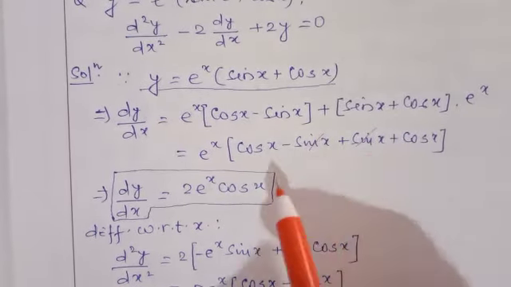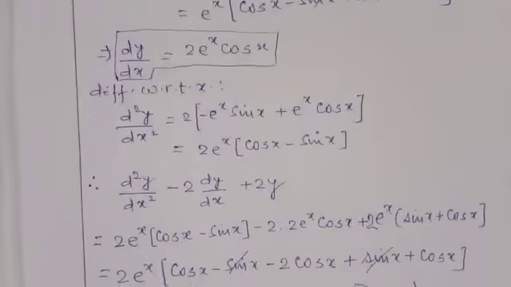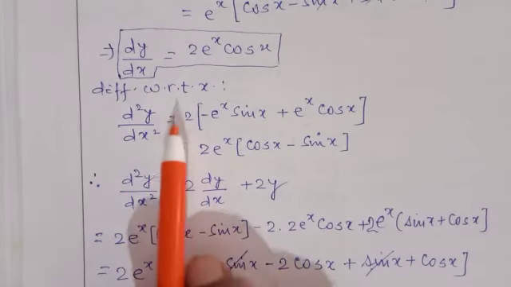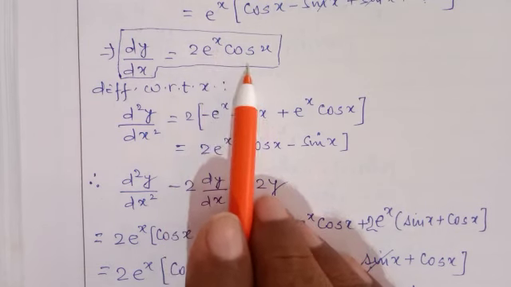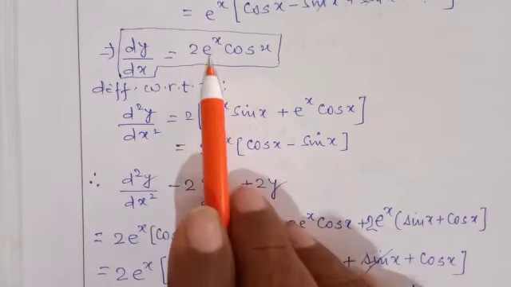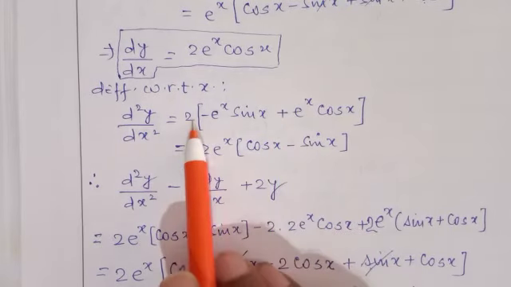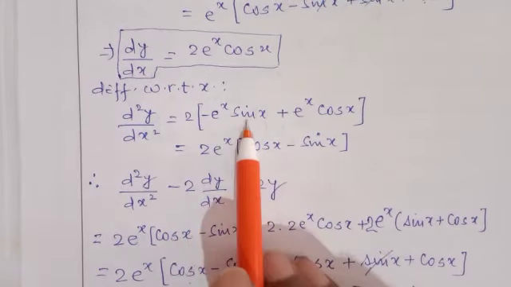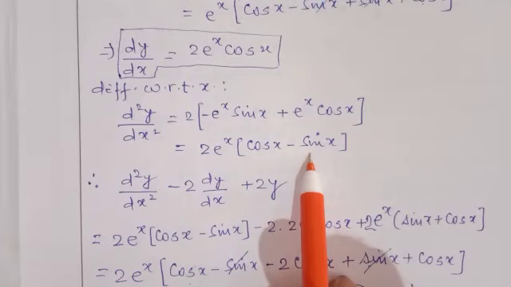Again differentiate both sides with respect to x. So d2y by dx square, apply again the product rule to e to the power x cos x. So 2 already remains because it is constant. u into differentiation of cos x, which is minus sin x. So u into differentiation of v plus v, that is cos x, into differentiation of e to the power x, which is again e to the power x. Again take e to the power x common. How much is left? Minus sin x plus cos x, or cos x minus sin x.